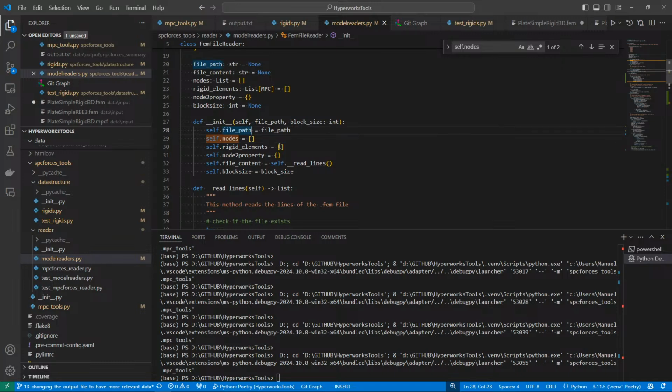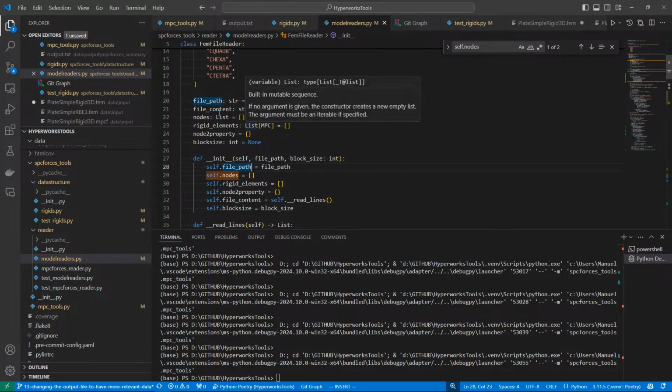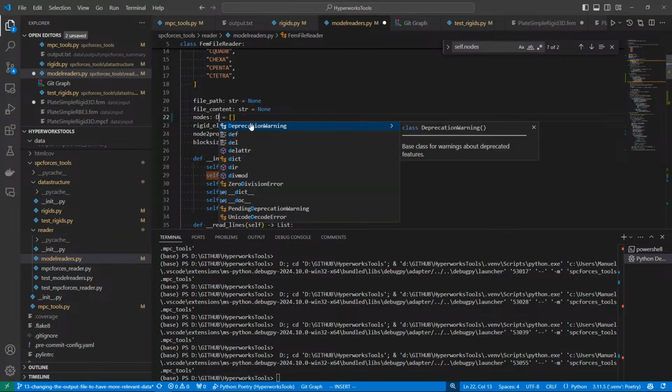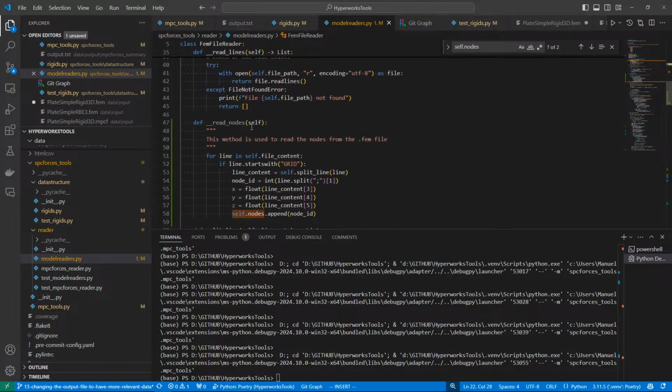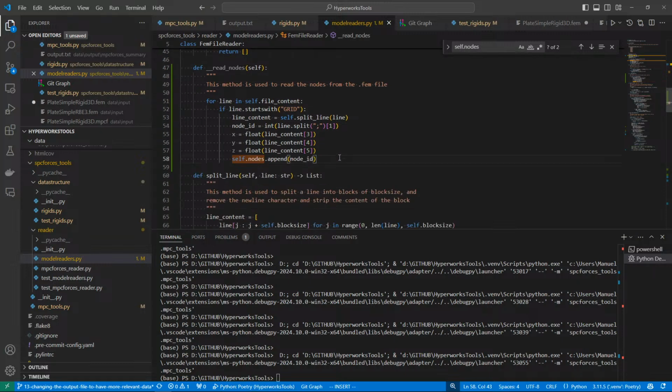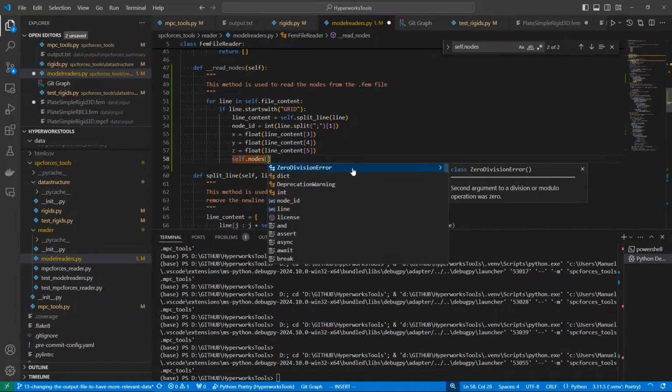Also, let's see about typing here. So this is more a list. No, it's more a dict. And let's call that nodes to coordinates. Nodes to coords. And this is a dict, which is an empty dict, right? Now, if we do the read nodes, we would like to do self.nodes and then have something like